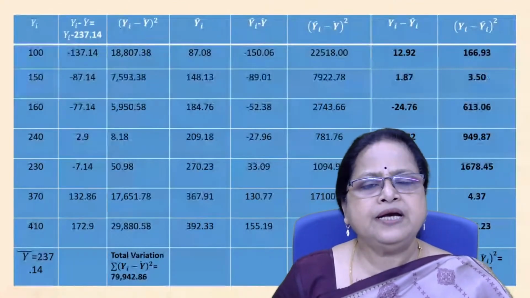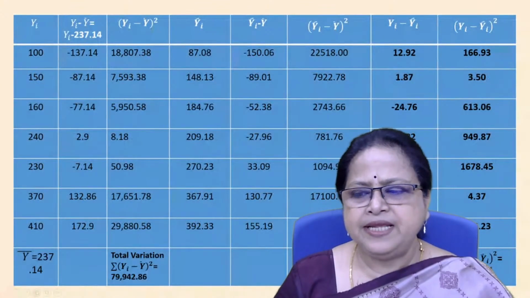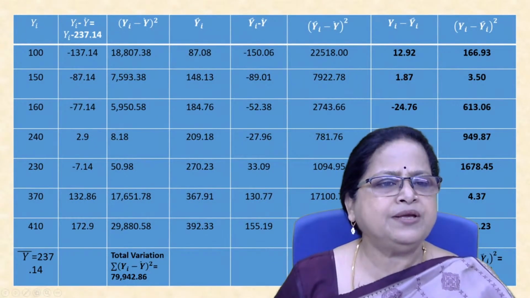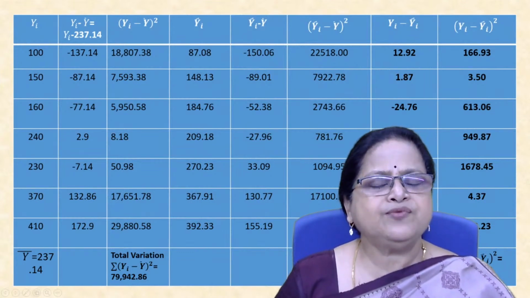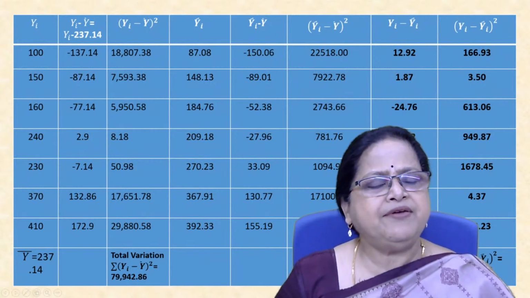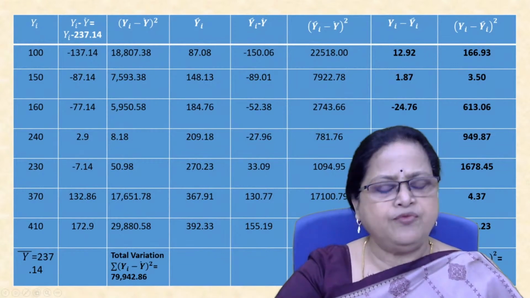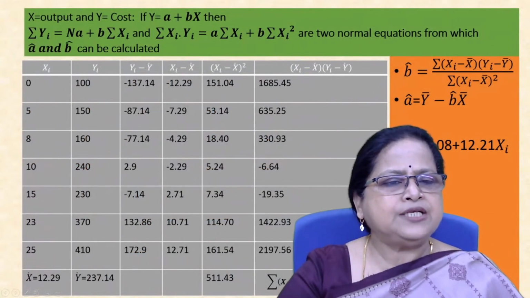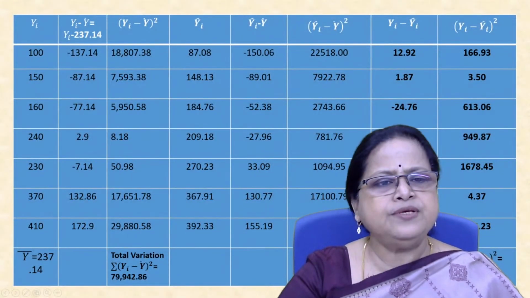Now here we are actually explaining total variation, explained variation and non-explained variation. Look at the figure here, yi minus y bar. Y bar is equal to 237.14. Yi minus y bar square. Then yi hat, that is the estimated value of yi when x is equal to 0. When x is equal to 0, the actual value is 100. Here 100 is the actual value yi, and the estimated value is